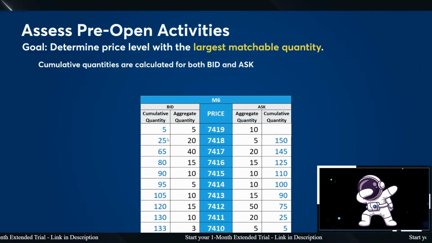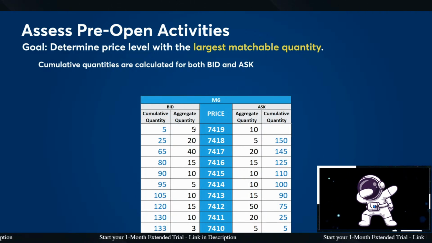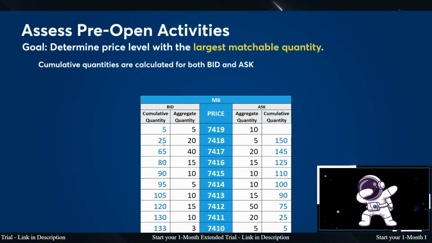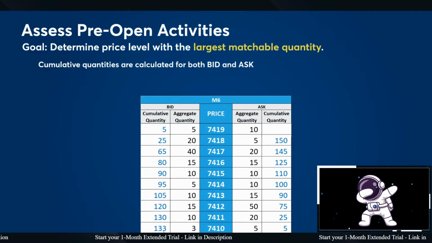They're taking the cumulative quantity, on the bid side, counting down. So if this is the actual orders, 5, 20, 40, 50, 10, 5 at these prices, and these are the sell orders, 10, 5, 20, whatever. On the bid side, they count down. So they take 5, and 5 plus 20 goes here, and then 25 plus 40 goes here. So they're aggregating the sum of all of it. Does that make sense? So all the orders here, they're adding up the sum.